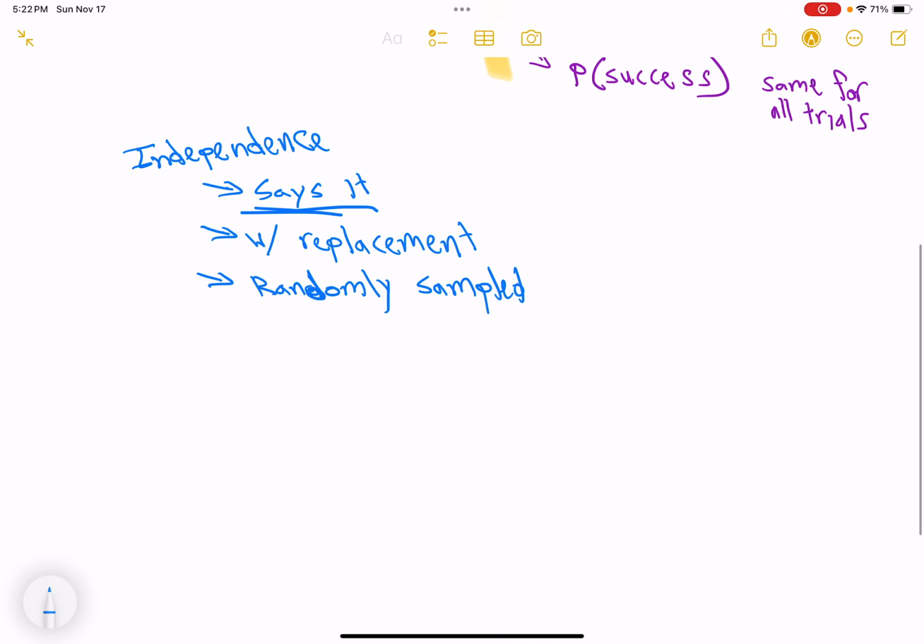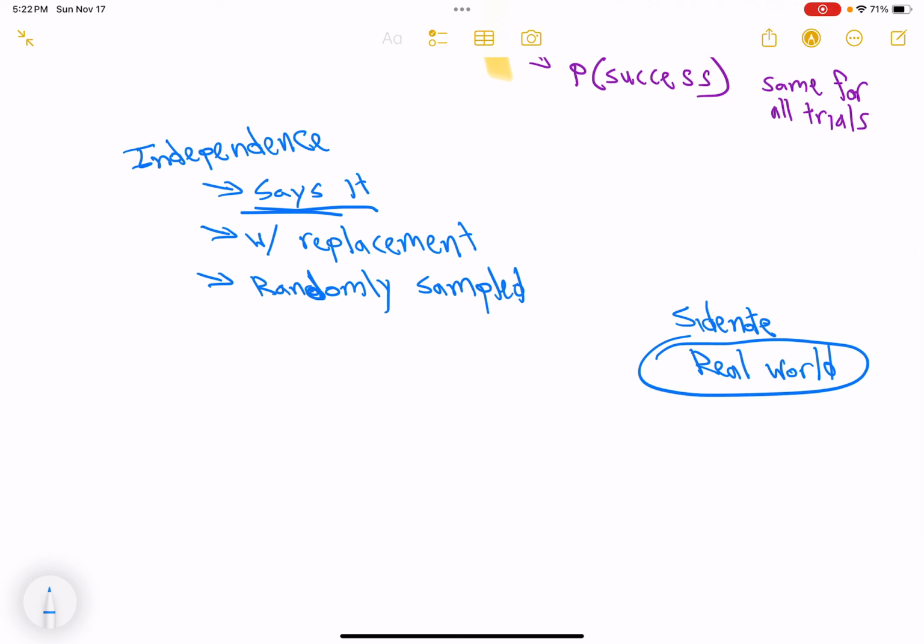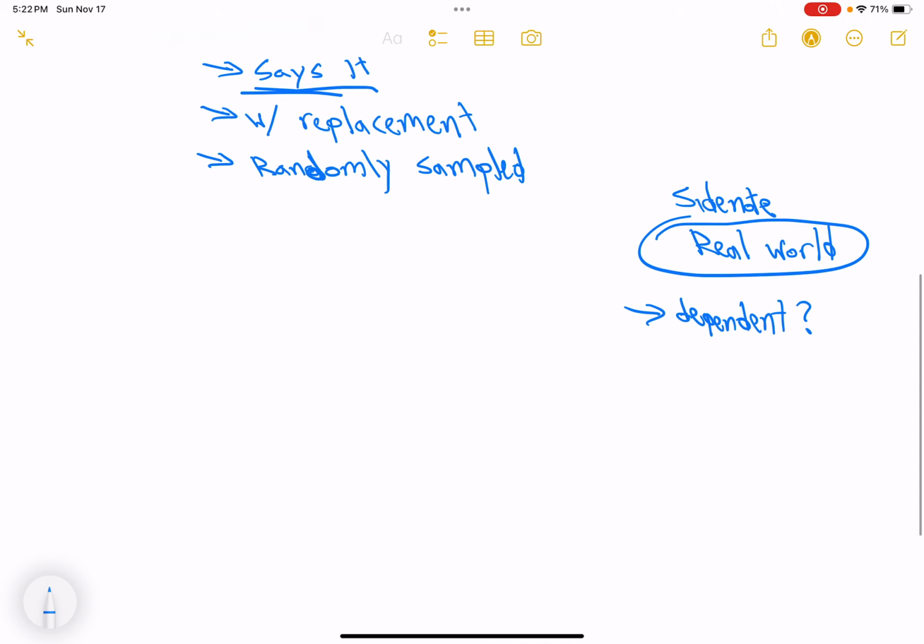And I want to give you a little side note. This is our little real-world side note: the real world with Mr. Mays. What is the side note? Well, look, it's a secret, really. A lot of things are dependent, and we don't know the degree to which they're independent. We're unsure about it. So there's a little rule in the real world, which is that you can treat events